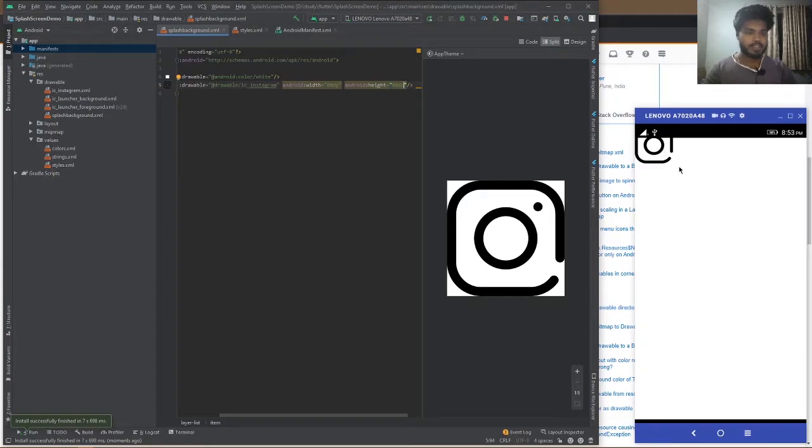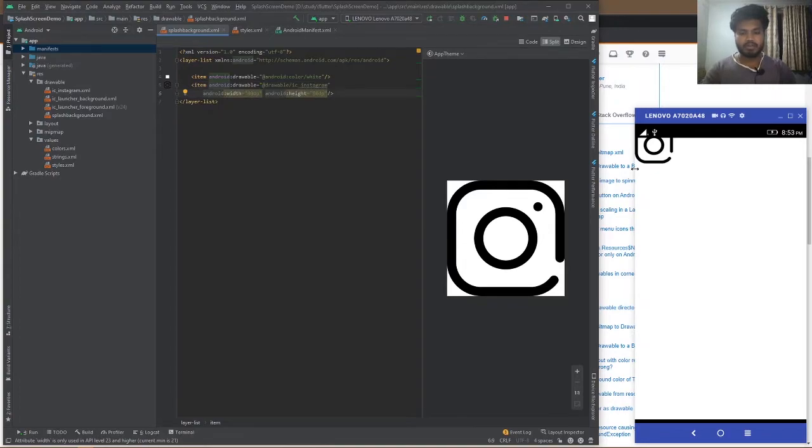Yeah, if you see, it's having the logo at the top, so we made one mistake. What we have to do is set that logo item's gravity to center. So I'm going to give another property here, gravity as center. Then I'm going to run again.